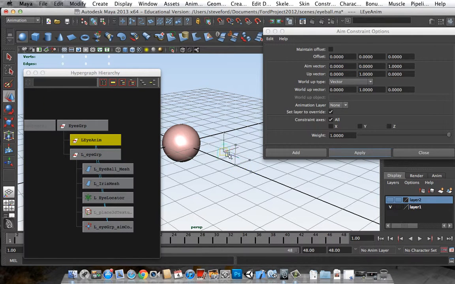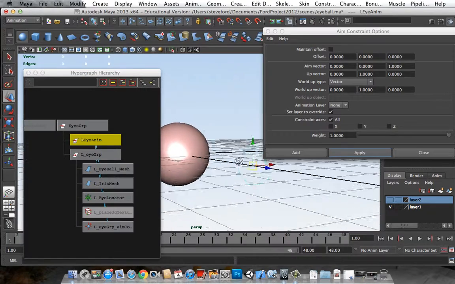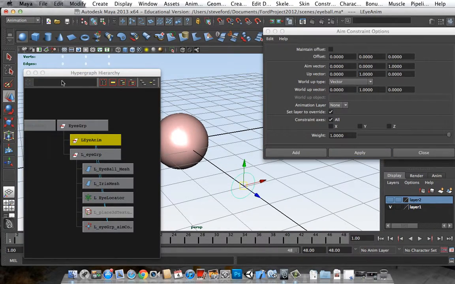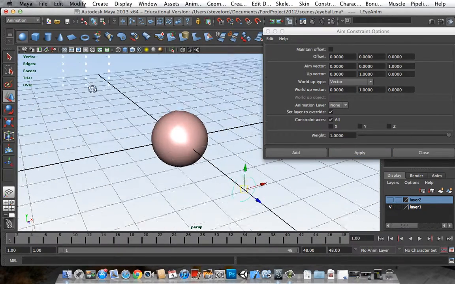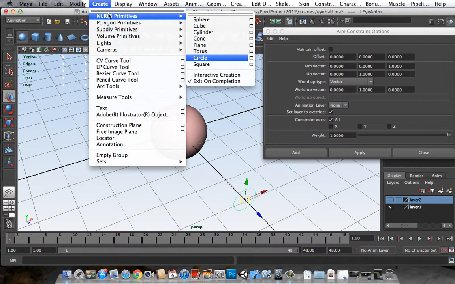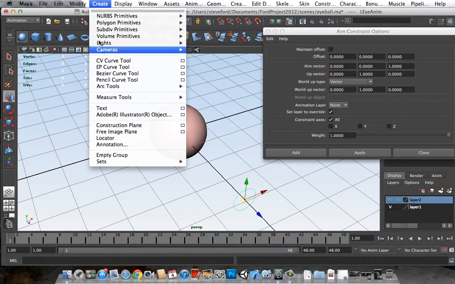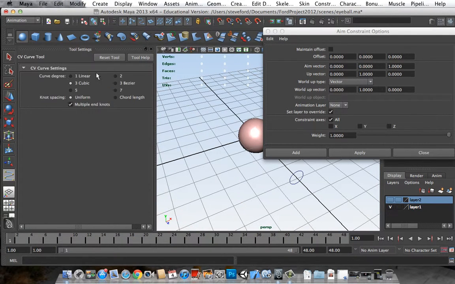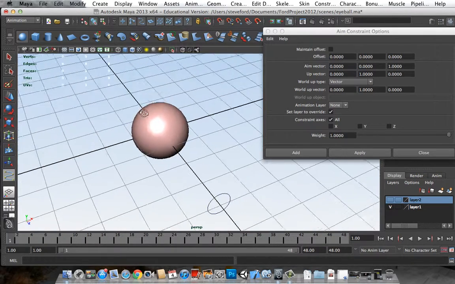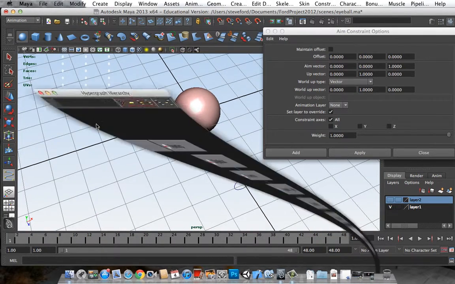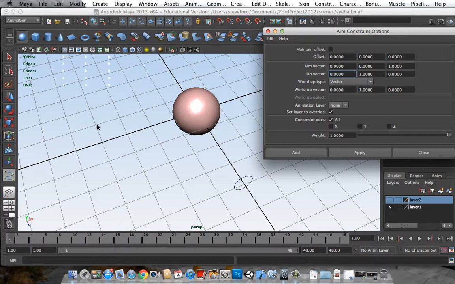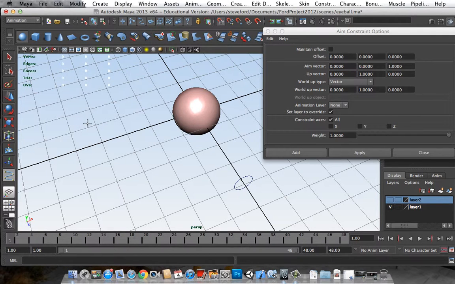And so now, as I move the eyeball, it goes. And now you're going, well, that's hard to see. So yeah, what a good idea is to maybe grab the CV curve tool, and I just take this and make it linear, and I'll snap out a quick